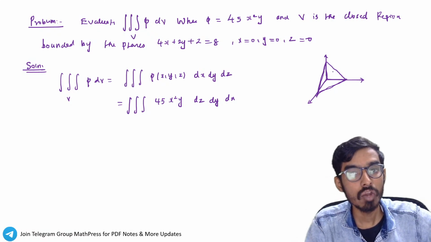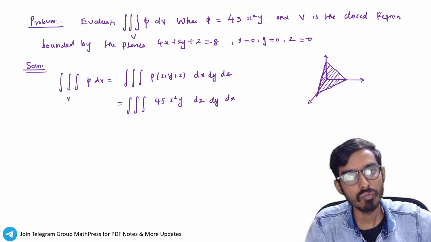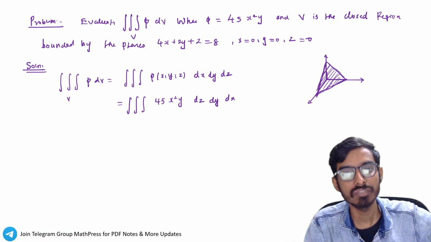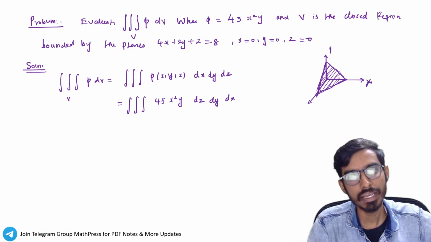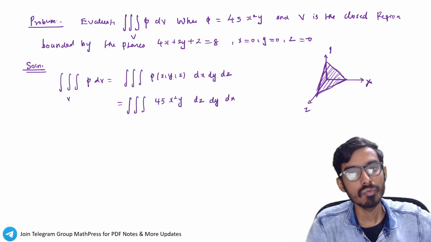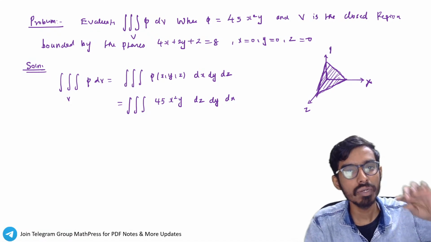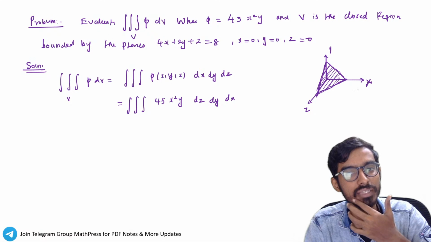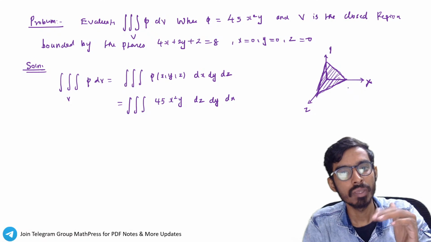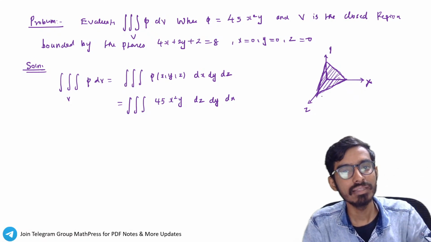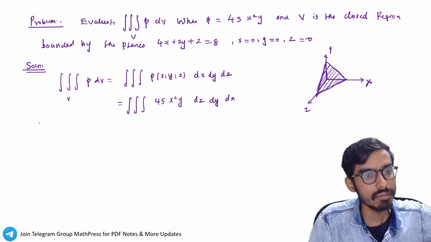Now, for a volume integral, we need to find all these, right? But for a surface, what will we do? We will only find the outer region. But here it is a volume. So let's say this is the x-axis, this is y, and this is z. Now, among these three axes you take one as constant, that is 0 to something, right? The other two as variables, then only you can cover all this, right? I repeat. So to find limits,